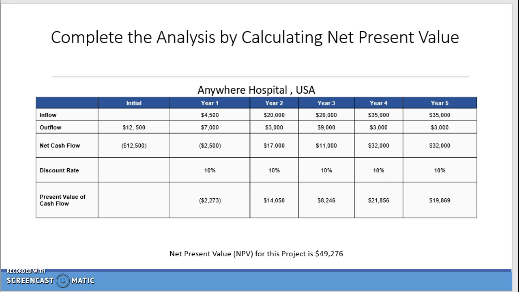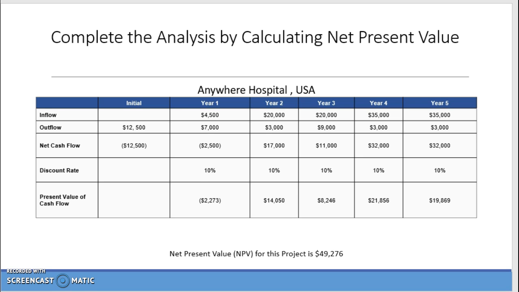Now let's turn our attention back to Anywhere Hospital, who is completing a cost-benefit analysis for a period of 5 years to determine whether or not to go forward with their EHR project. If you recall, Anywhere Hospital is anticipating a negative cash flow of $2,500 for year 1. However, we are not interested in $2,500 a year from now. We are interested in the present value of $2,500, or how much that cash flow is worth today. After going through the present value calculations, taking into account a discount rate of 10%, we find the present value of $2,500 is